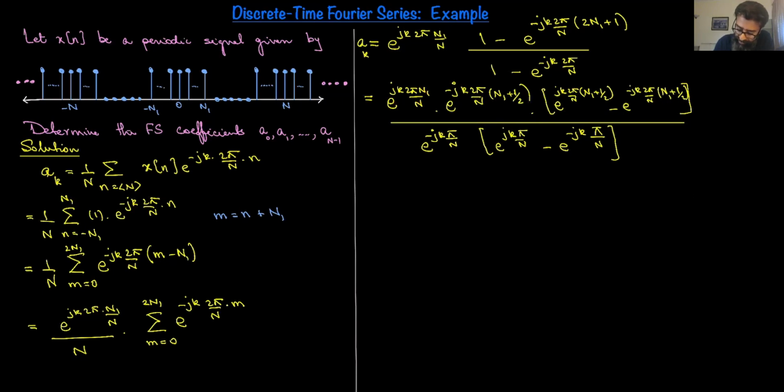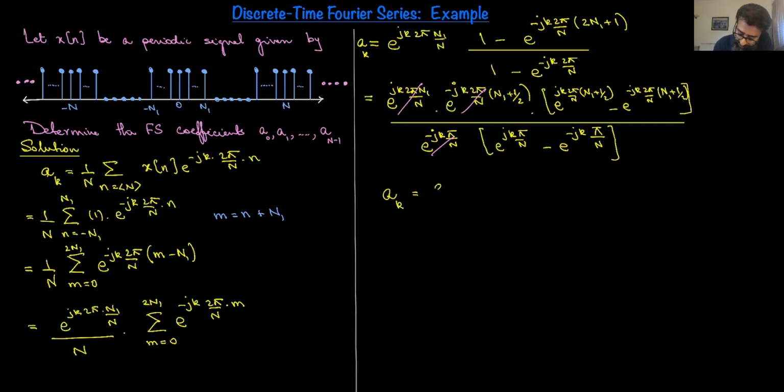This half is going to result in e raised to the power minus j k pi by N, which is going to cancel with this term here. So all of these terms cancel, and what you have inside these brackets is 2j times sine of this, and this is 2j times sine of this. 2j is going to cancel with this 2j, because of which